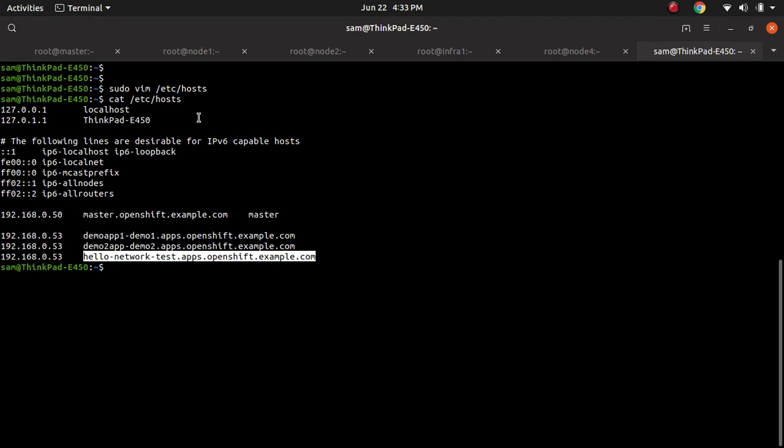So you can access the application inside the OpenShift cluster by using the pod IP address, or by using the service cluster IP address. You can expose your service by using the node port, but remember that it will expose the service on all the node IP addresses and the port number. Doesn't matter if your application is running on node 1 and node 2, you can access the service or the application by using any of the node IP addresses and port number. And